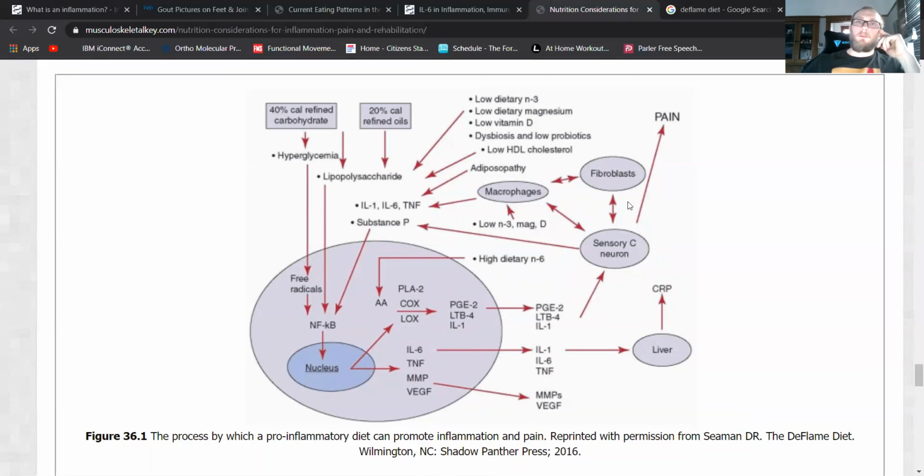So let's go through pathway number 2. So again, poor diet, fire starts, crosses in here. Here's the kid running rampant with the Mountain Dew and the hammer in the china shop. It's the brain of the cell. The cell already sent the signal saying, all right, we should probably get ready for pain and inflammation and all this. What it also does out here is it tells the liver,